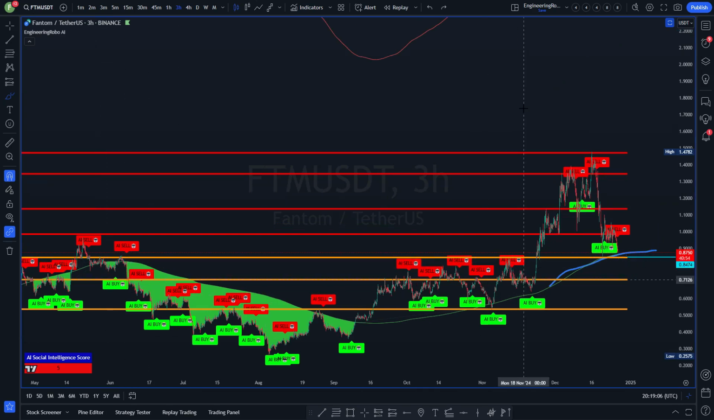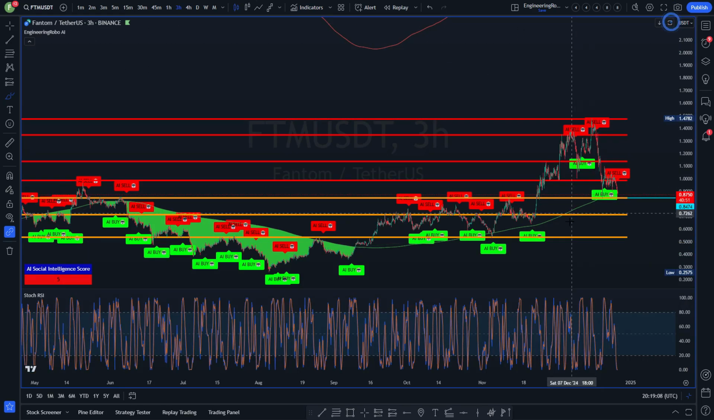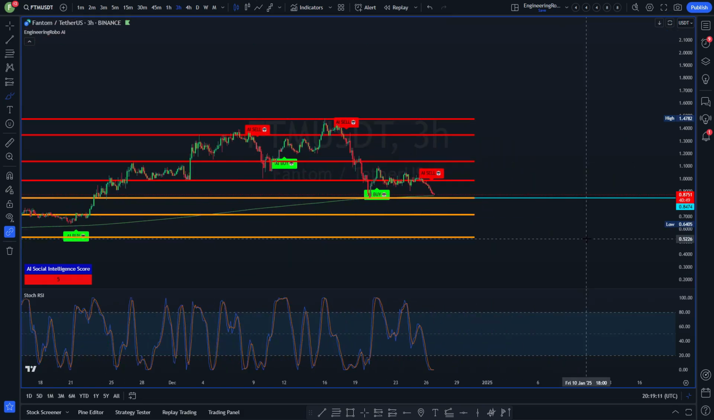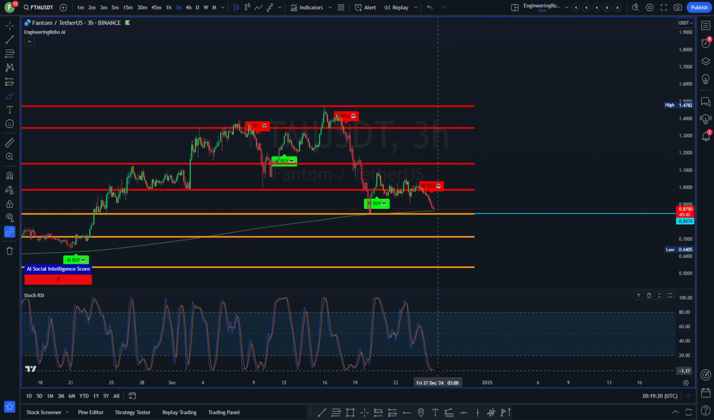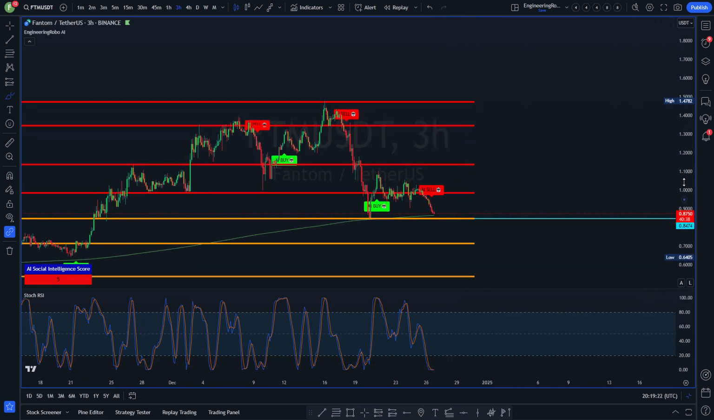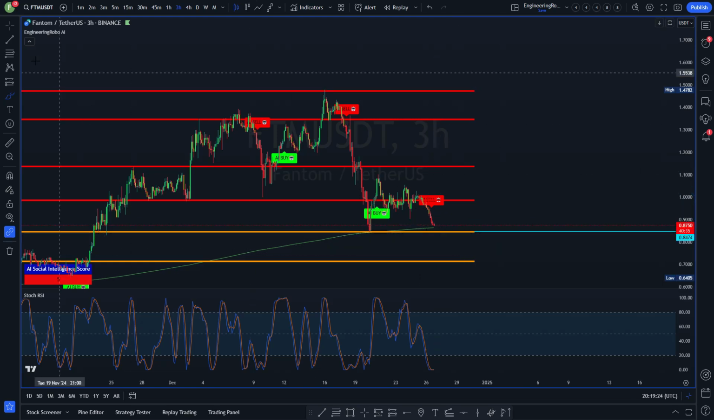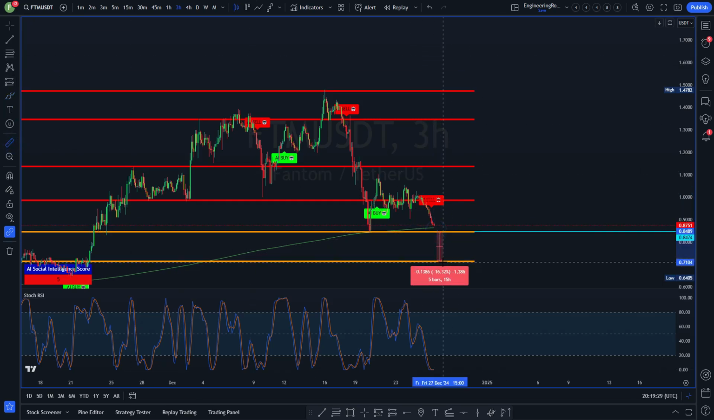Let's have a quick look at the stochastic to see where we are, and that's looking good as well. In terms of a 3-hour time frame, this is right at the bottom. Some people would like to see that curve up. I think that we could potentially take an early entry here. Just want to measure the